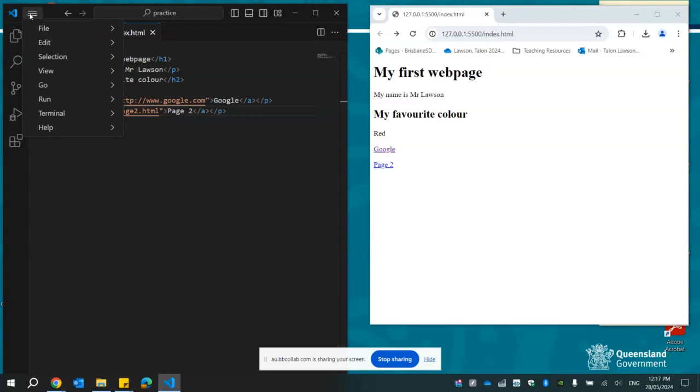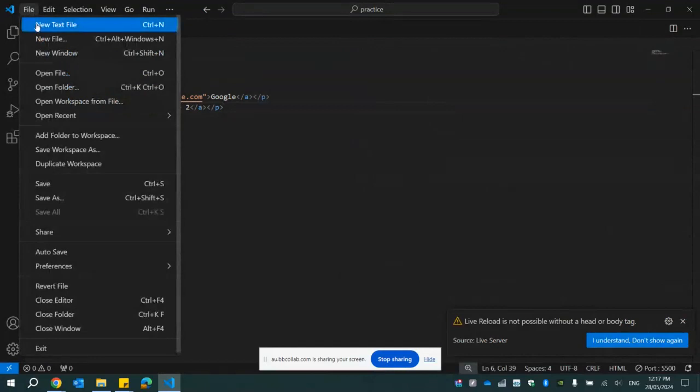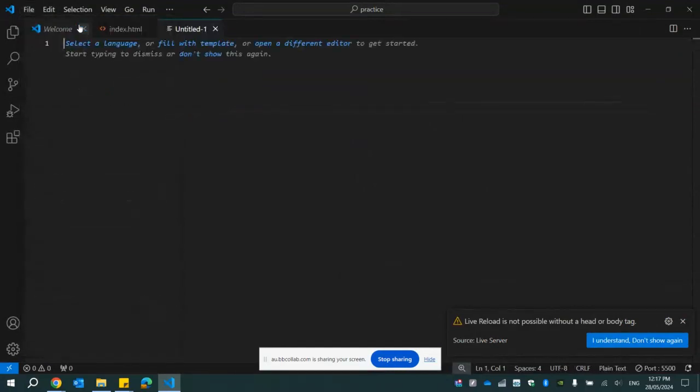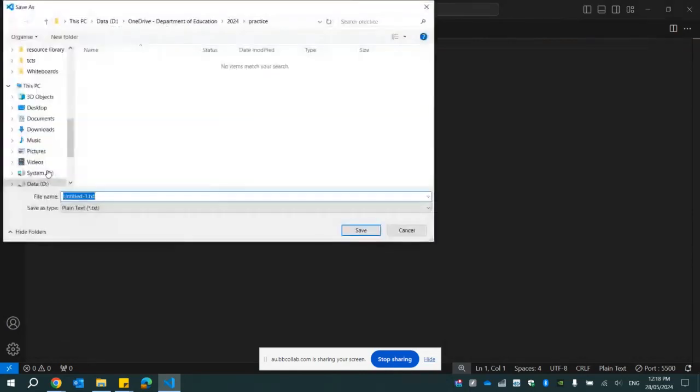So what we do is from the top of our page, I might just make this bigger so we can see it properly. You've got the file, and we go new text file. As you can see, you can press Control N on the keyboard. So file, new text file. And as always, the first thing we do when we create a new file is we want to save it straight away. So we're going to call this